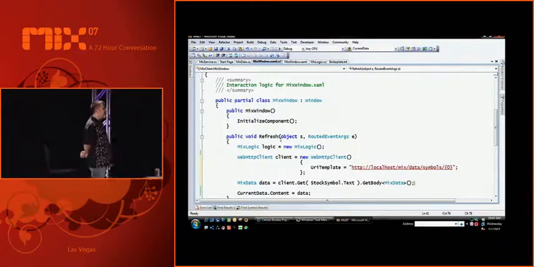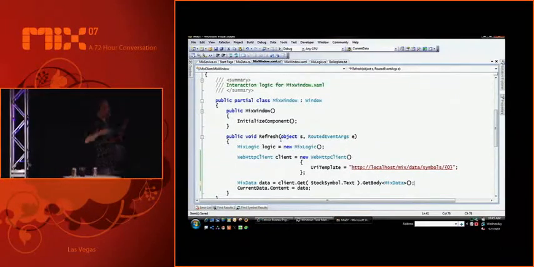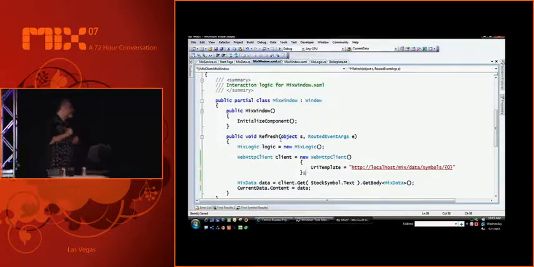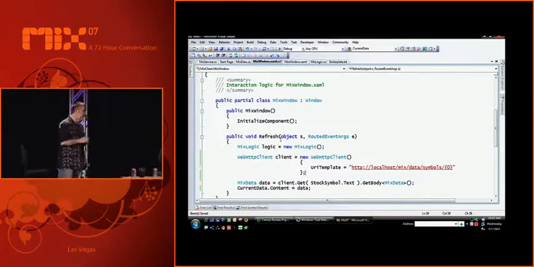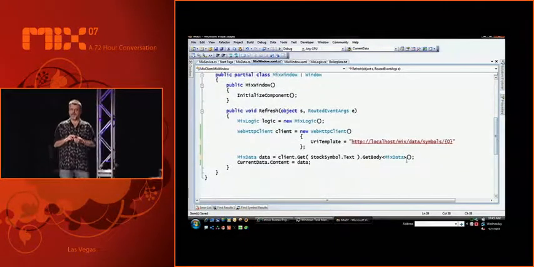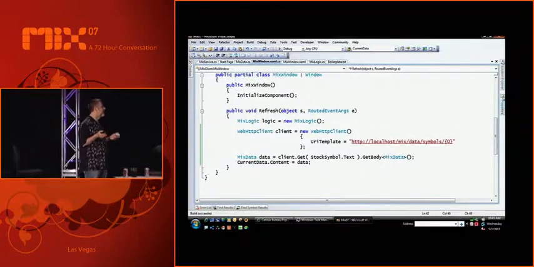So I can actually go say client.get, which gives me back the abstract entity body. And then I can apply whatever serialization scheme I want on top of that. So here what I'm going to do is basically say go do a get against that URI template, then take the result and run it through a deserializer that will shred it to mixed data. Make sense? Yep. And so now we got back the same thing we got before.